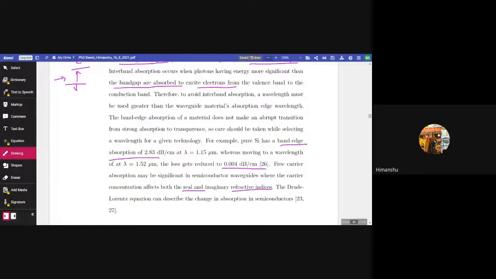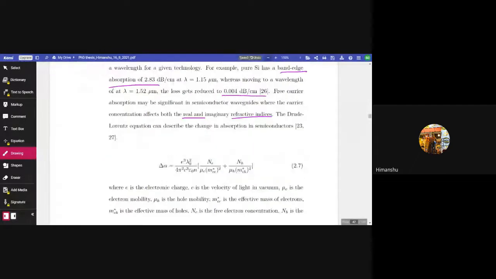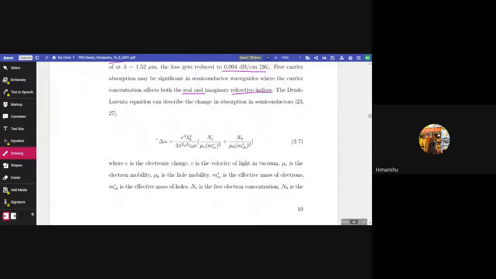The Drude-Lorentz equation can describe the change in absorption in semiconductors, references 23 and 27, where the change in absorption, delta alpha, equals e cube lambda naught square by 4 pi square c cube epsilon naught n into [N_e divided by mu_e into (m_ce star) whole square plus N_h by mu_h into (m_ch star) whole square],